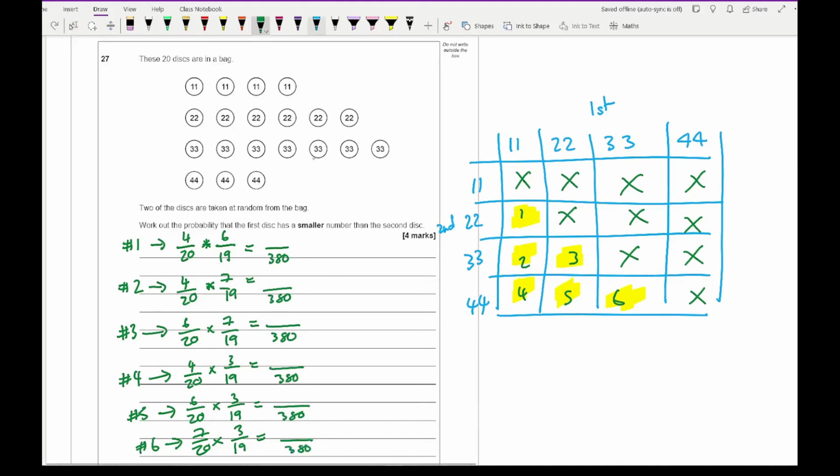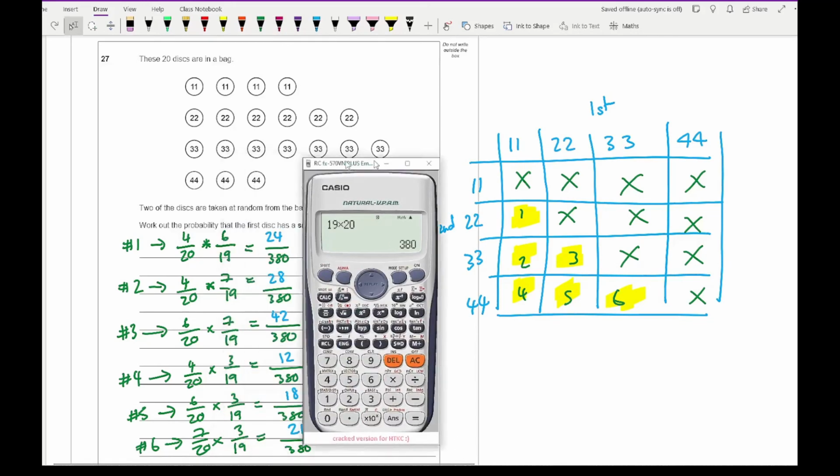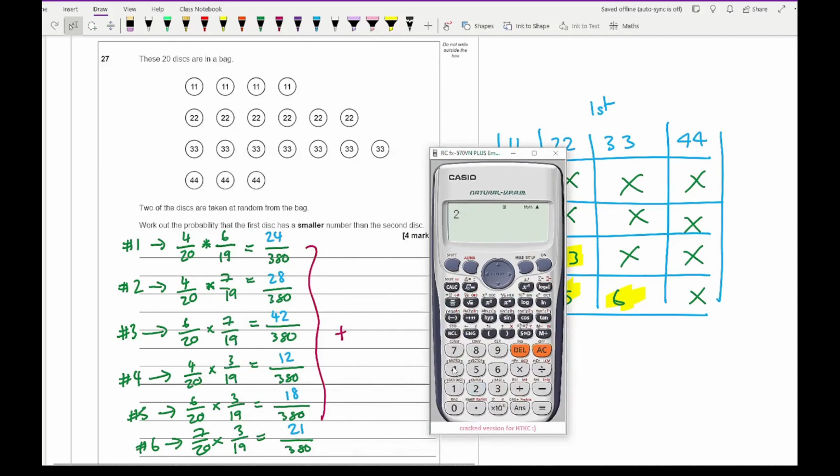And then all I then need to do is multiply the numerators together. So I've got 24, 28, 42, 12, 18, and 21. And then what I then need to do is add all of these fractions up. Now, because the denominators are all the same, all I've got to do is just simply add the numerators together. So I've got 24 plus 28 plus 42 plus 12 plus 18 plus 21, and that gives me a total